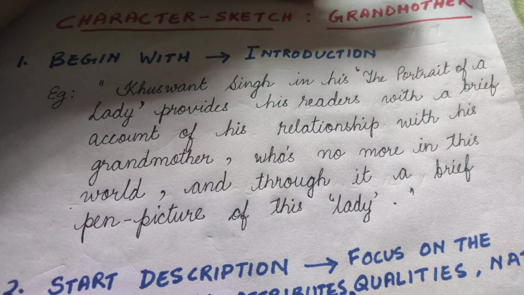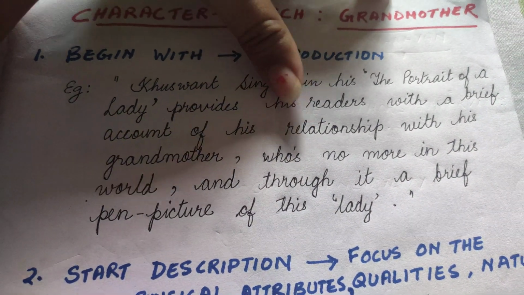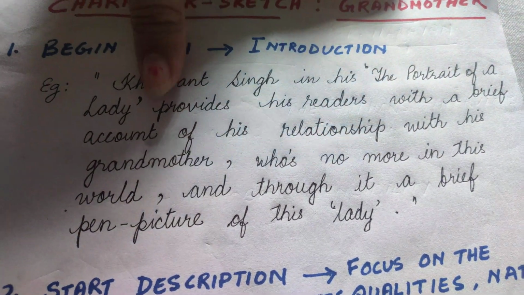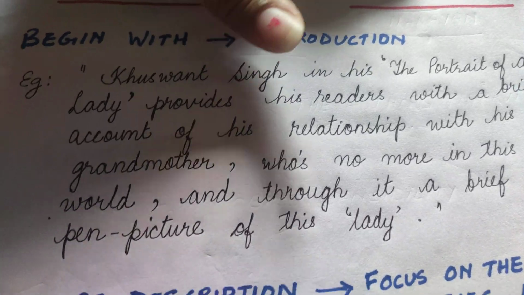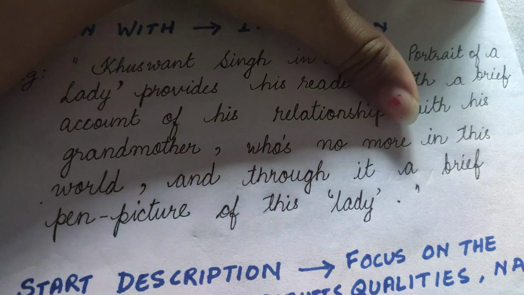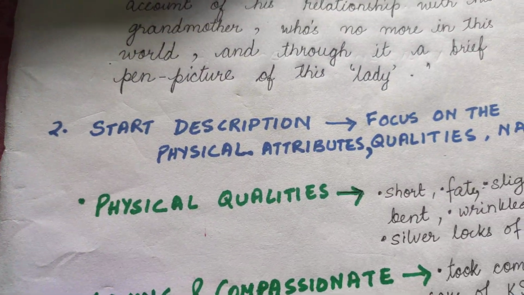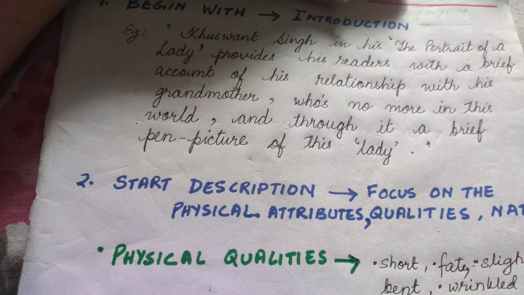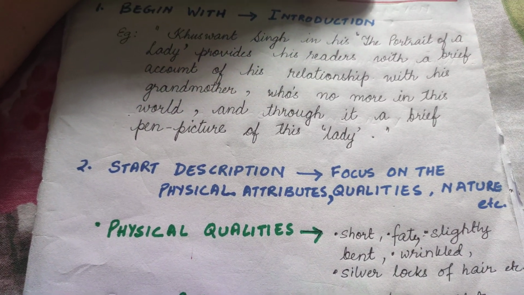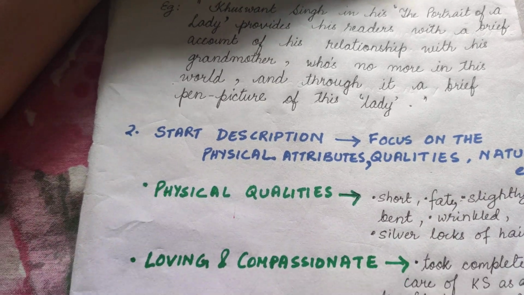Also, I'm throwing light on what the story is all about, that it is an account of his relationship with his grandmother. And through that narrative, what we come to see is a brief pen picture of the lady, that is the grandmother. Another very important thing to remember is that when you write a 5-mark question, it should be properly